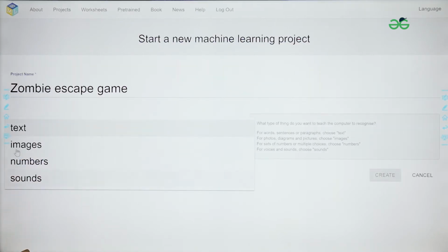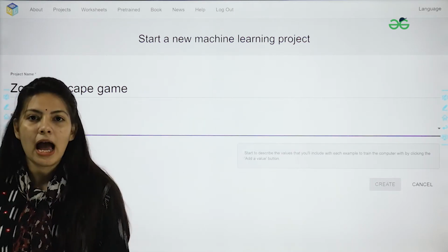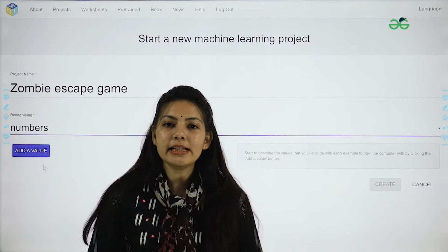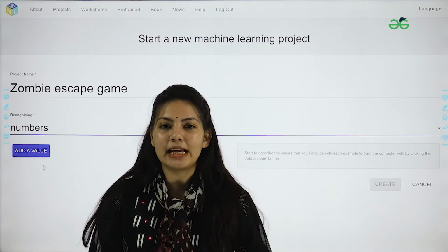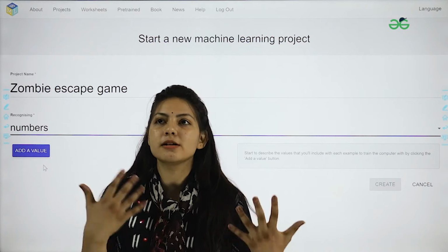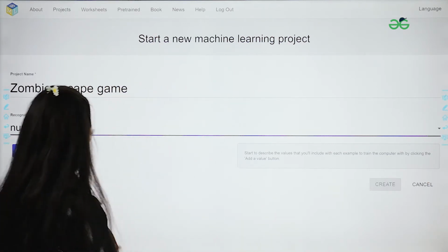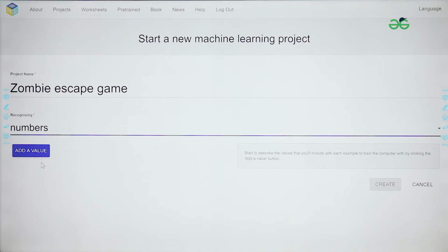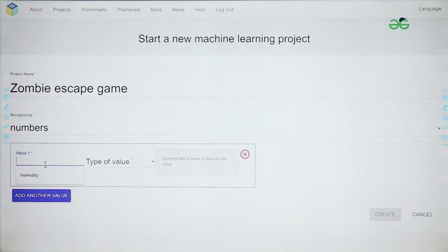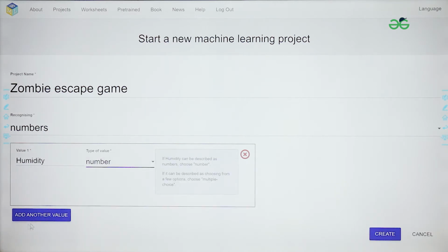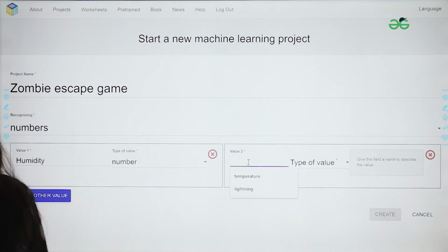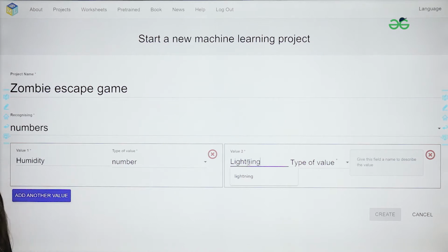Now, here I am going to select numbers. Why so? Because I want my robot to predict the sensor values, which would be numbers like the number of rooms or number of chairs or many numbers. So I am going to select numbers here and let us add the values which my robot is going to predict, like the sensor of maybe humidity,